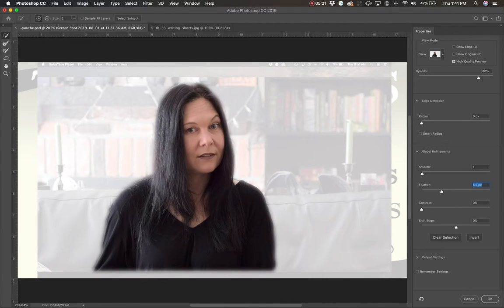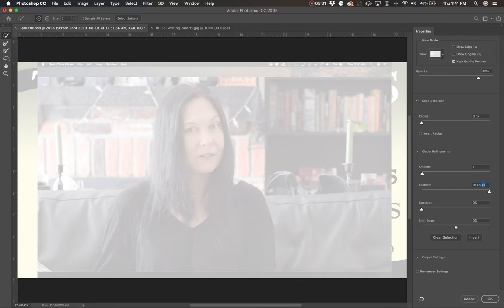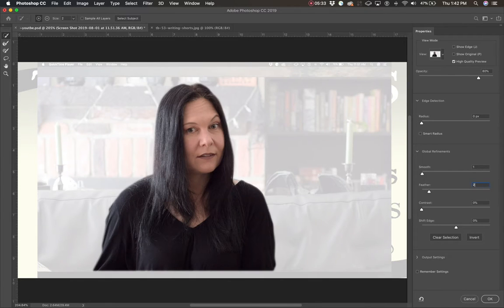The feather will give you a fuzzy edge. Instead of that hard edge or a really bad feathered edge, what we want is something like 1 or 2. It really just gives enough of a haze so that we can put it into a background and look a little more realistic. You can shift the edge if you've done a really bad job, bring it in a little bit, or if you're dealing with something like a light glare or someone has a colored light behind them, you can easily bring this in just a little bit.